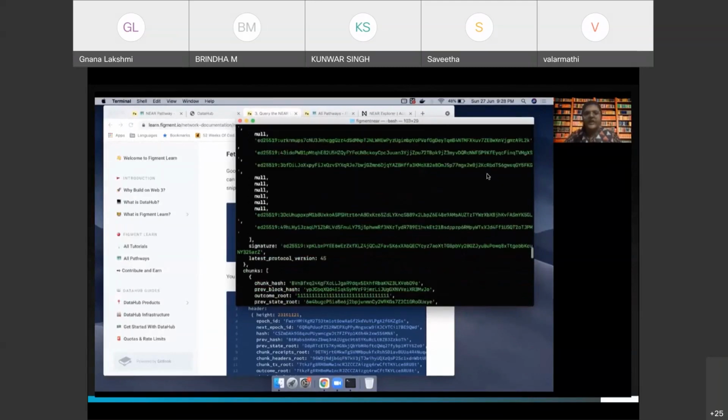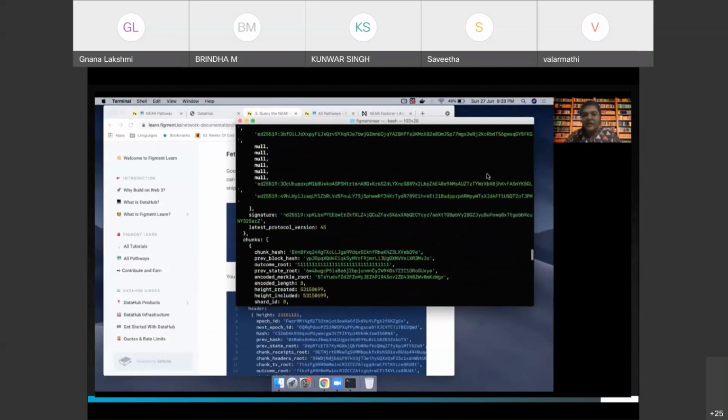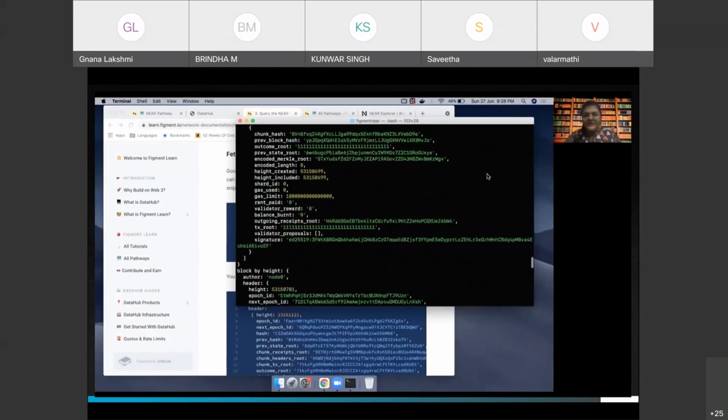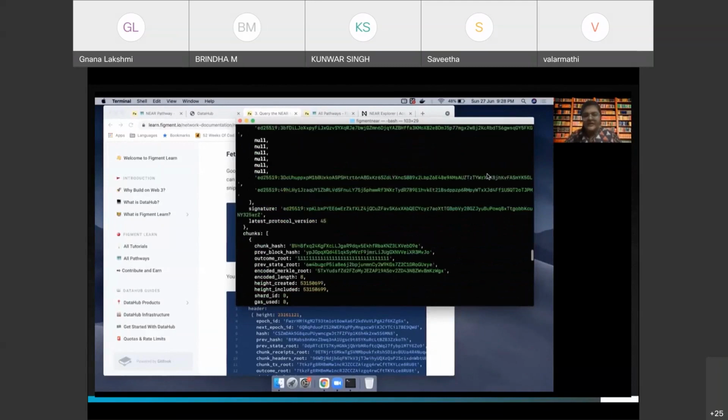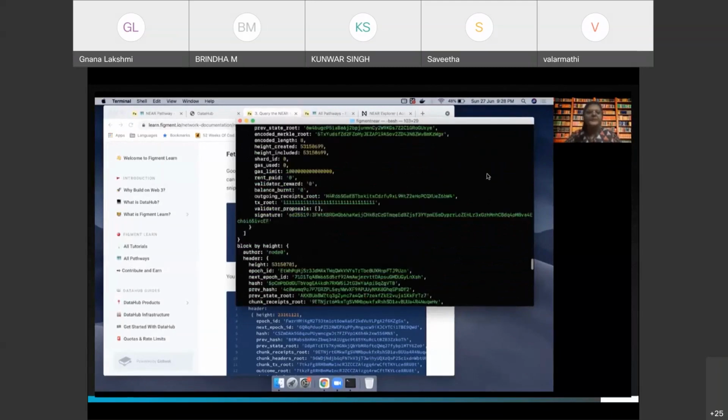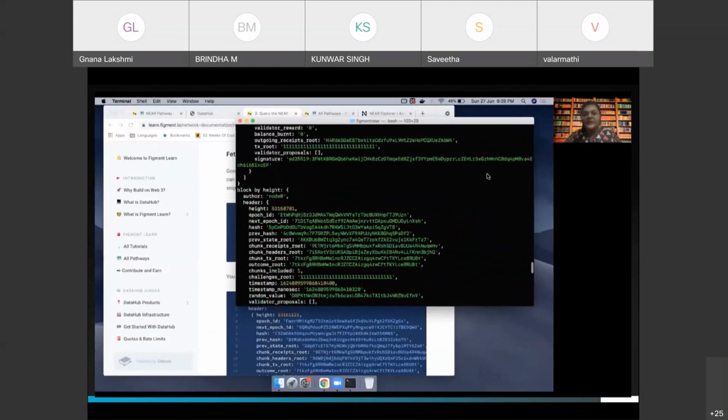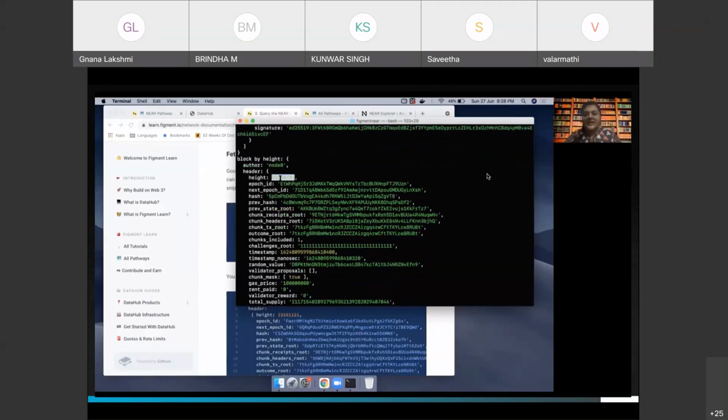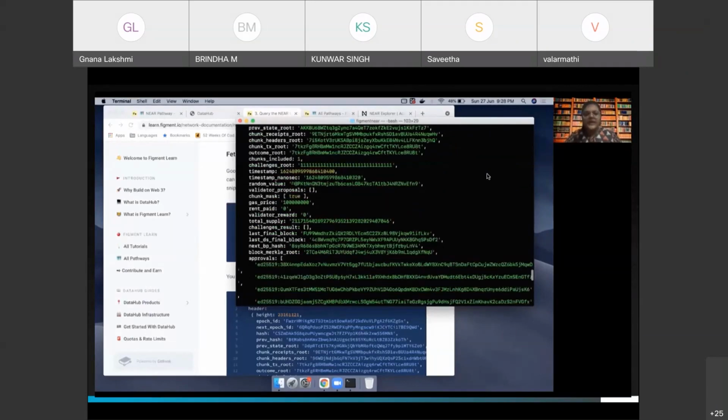You can see the signature and the chunks, right? You can see the chunk hash, etc. Now, the second one that we gave a block ID, remember, as a parameter. This is the output for that, where we have node 0 as the author, the latest height, and then the random value, the timestamp, etc.